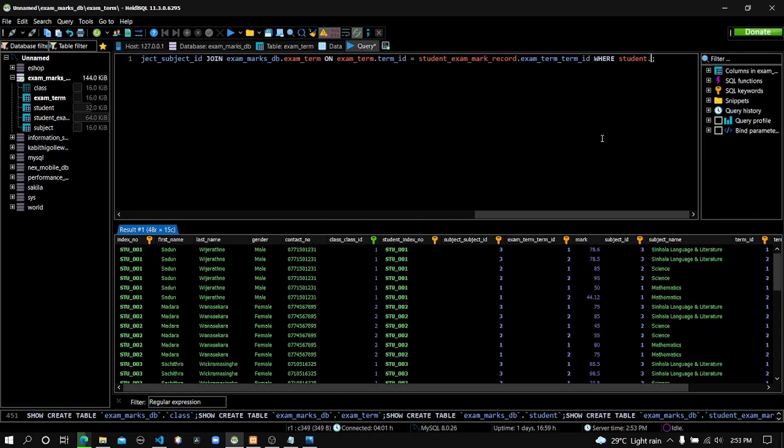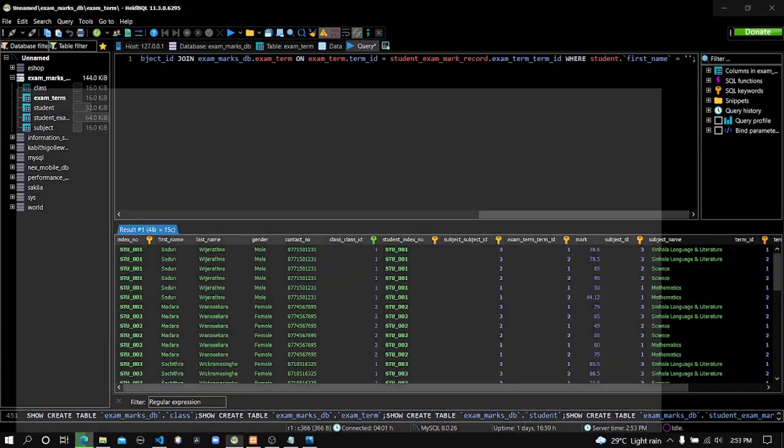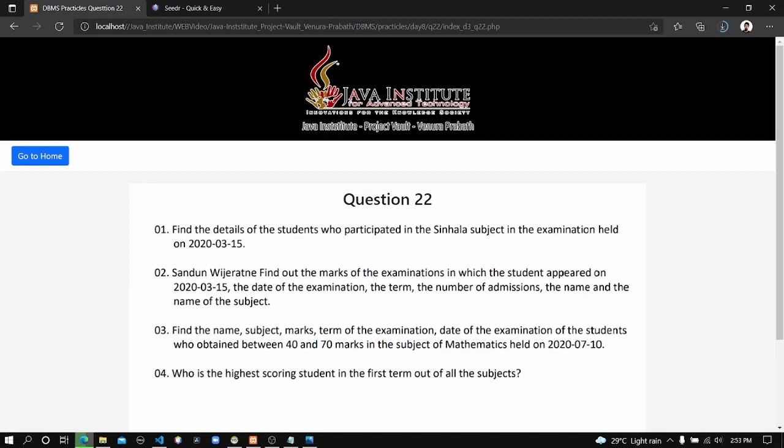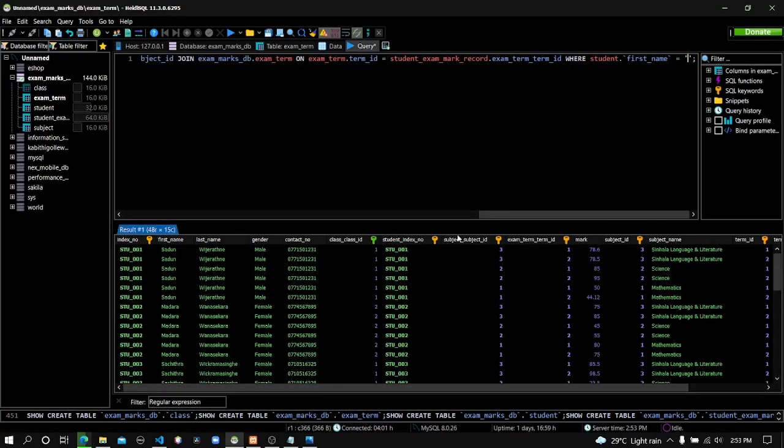Let me put this within two quotation marks, and the condition should be the student first name should be equal to, here's the value. Let me go to the question. Sandun and then Vijayaratna. Sandun, and here's the second